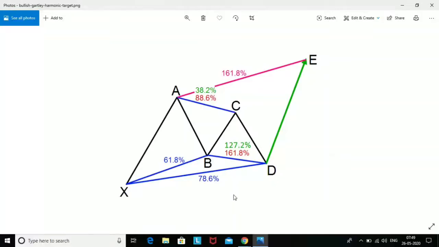If you see, we are supposed to take a potential low, which is as of now here, X. Then it should go to the potential high, and then whenever you plot a Fibonacci on this low and high, we are supposed to check for a retracement, which is 61.8. Now, I'm not saying that it should ideally be 61.8 only. It can be 50%, it can be 38.2 also. But the ideal bullish Gartley pattern looks like this.